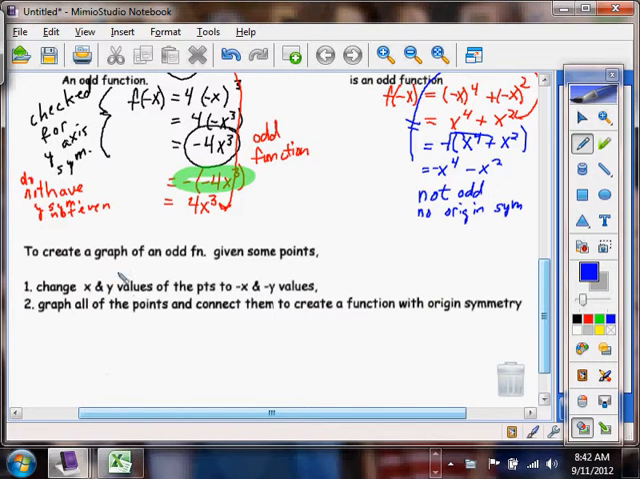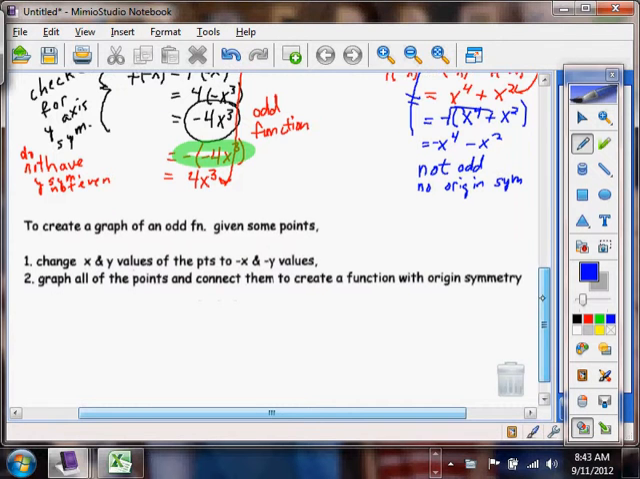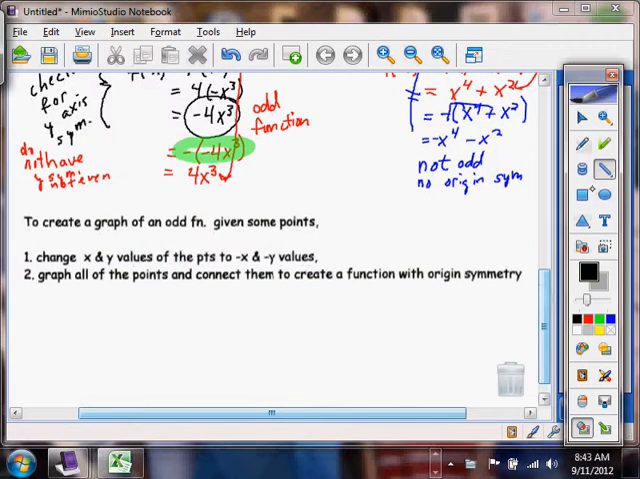Okay, so to create a graph of an odd function given some points, it's going to be a lot like creating a graph of an even function. First you want to change the x and y values of the points to -x and -y. And then graph all the points and connect them to create the function with odd symmetry. So if I create another example like in the previous note card,